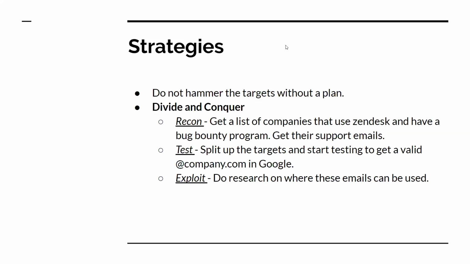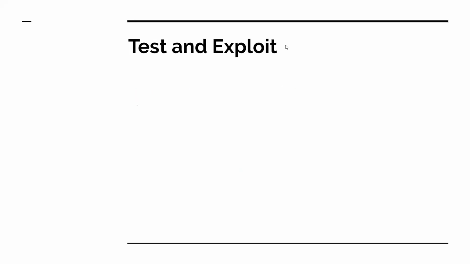I recommend everyone doing group hacking to follow kind of the same process: doing recon, identifying your targets, and splitting it up based on what you're most experienced in. So let's say you find a GraphQL and you have someone in your group who has done GraphQL for the past years and has the full experience on that. Let them handle the exploit on that. If there's someone who is focused more on GitHub open source recon, who knows exactly the instances where companies leak secrets and all that, let them focus on that, and then focus on the exploit once you have something. So that's I think a really good strategy to approach group hacking.